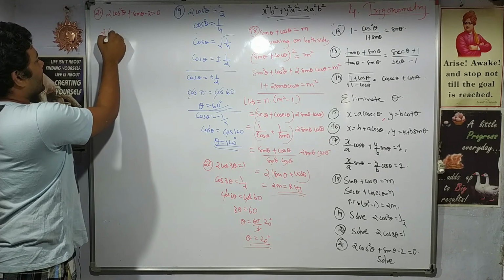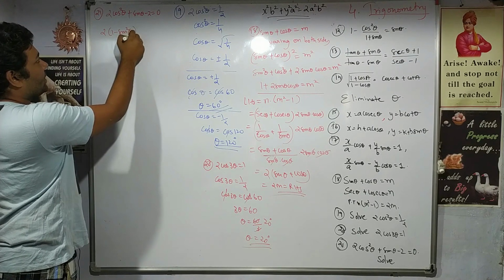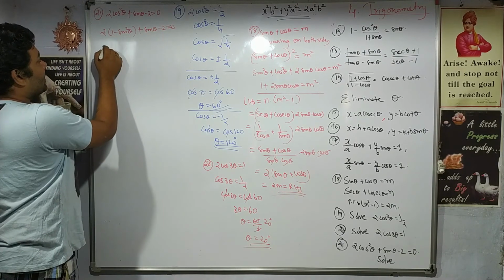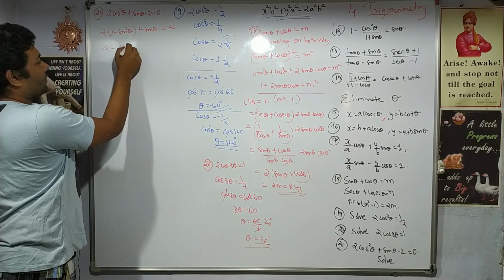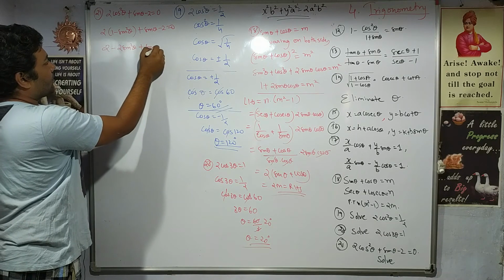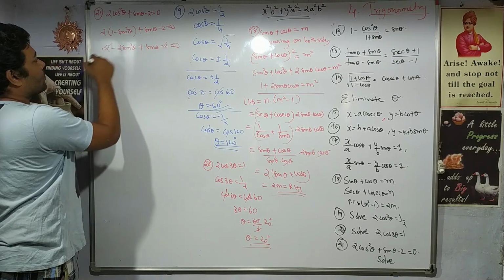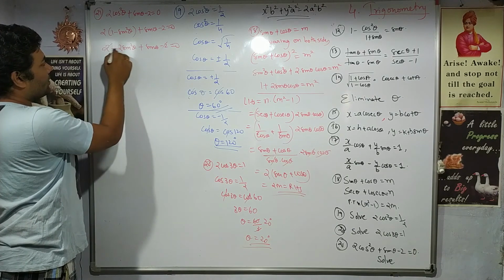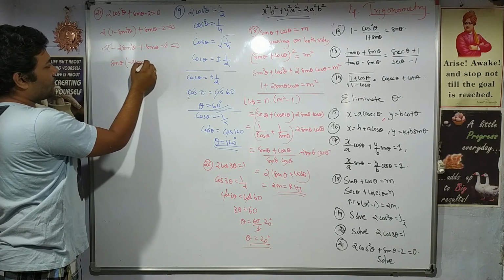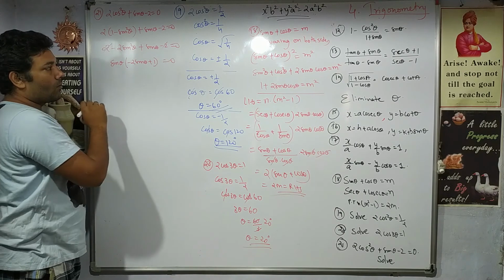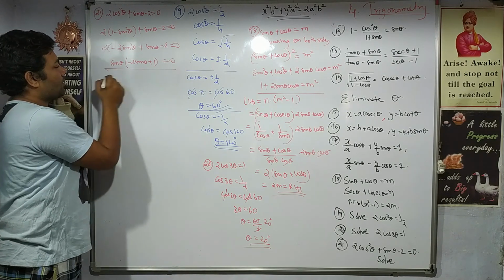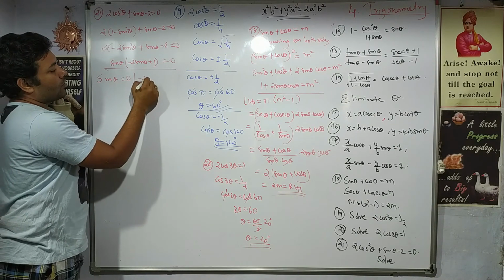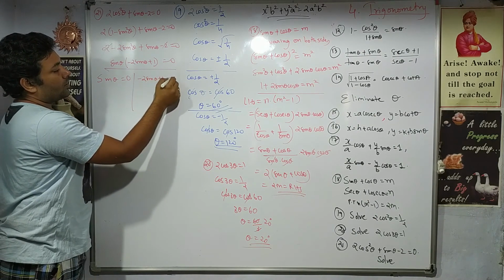Cos square theta can be written as 1 minus sin square theta. I will convert the complete equation in terms of sine. I think it will get reduced to the quadratic format, right? Minus 2 plus 2 gets cancelled. Here if I take out sin theta common, the remaining is minus 2 sin theta plus 1 equal to 0. So as per the rules of quadratic, either sin theta is equal to 0 or the other part is 0.